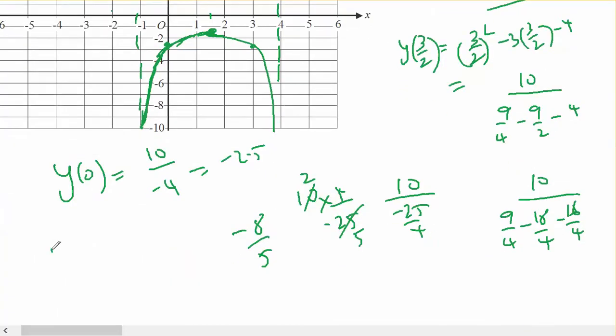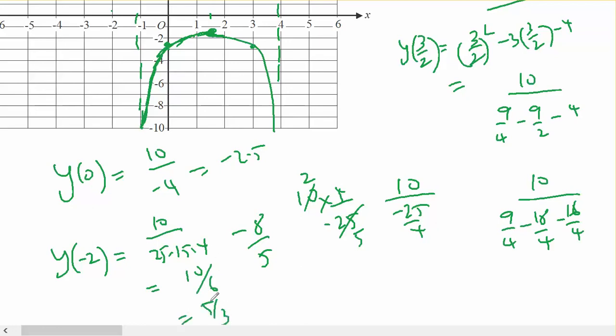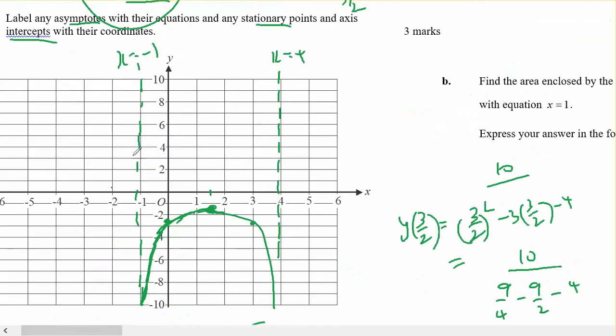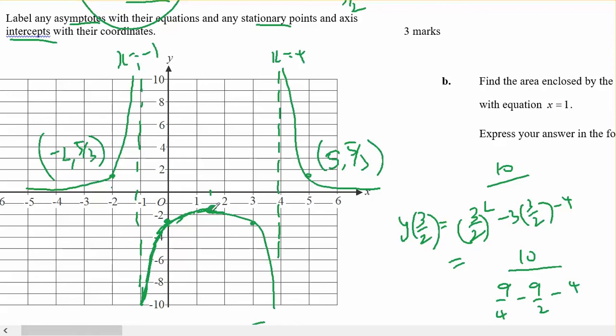Y of negative 2 is going to equal 10 on top of 25 minus 15 minus 4, which is 10 on 6, which is 5/3. So that's going to be the same as 5/3. It's going to be 5 and 5/3. So I'm going to have a curve that looks like this. 5 and 5/3, negative 2 and 5/3,